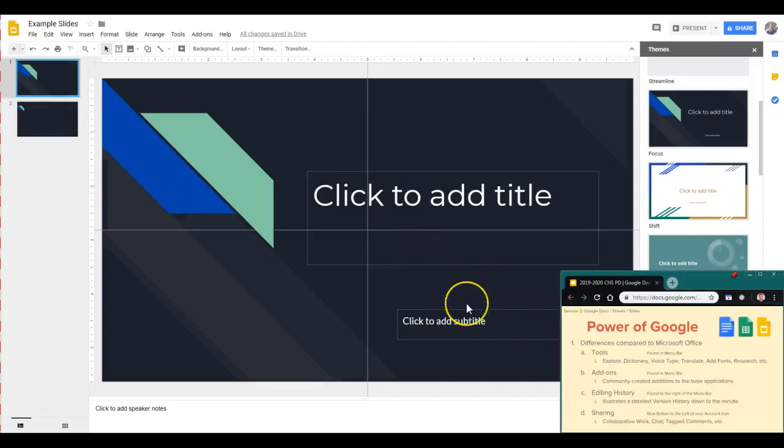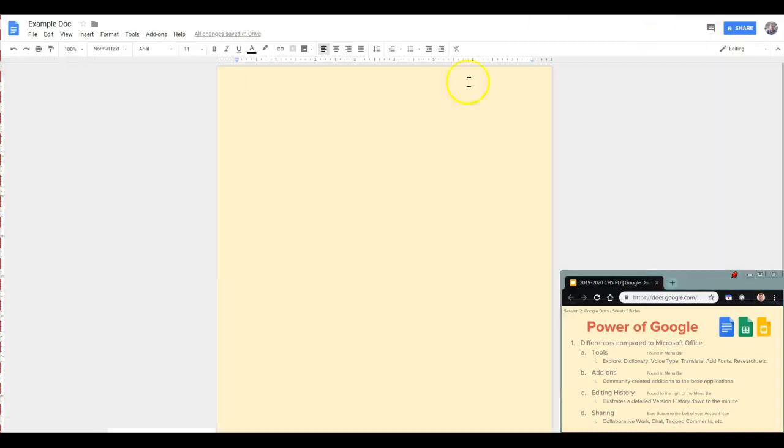So now let's move on and let's talk about the power of Google. So there are some differences between Microsoft Office, and that includes Excel, PowerPoint, and Word, to the Google apps. One of those is found in Tools. I'm going to go back to my example of documents, and just to show you some of these things, if you click on Tools, I have the ability to